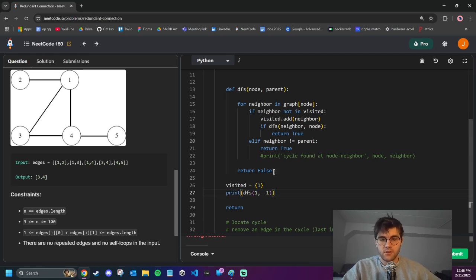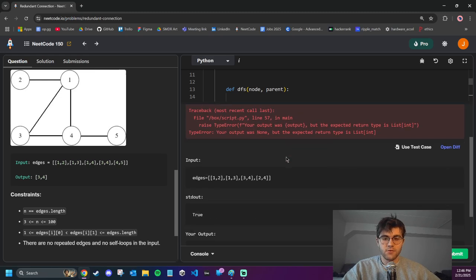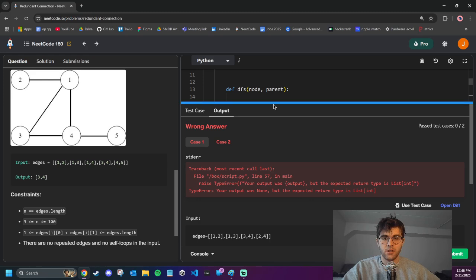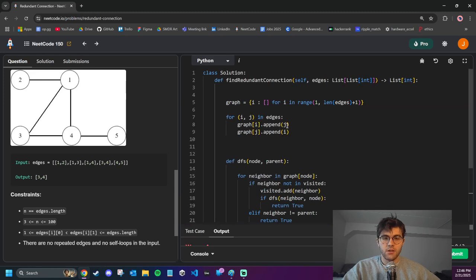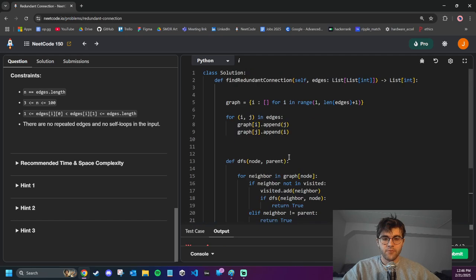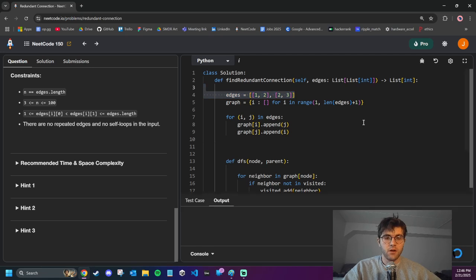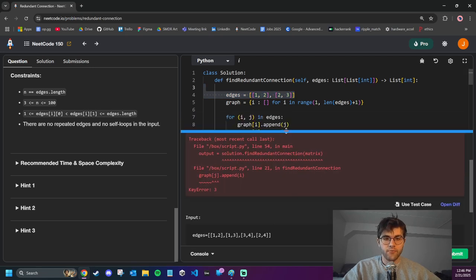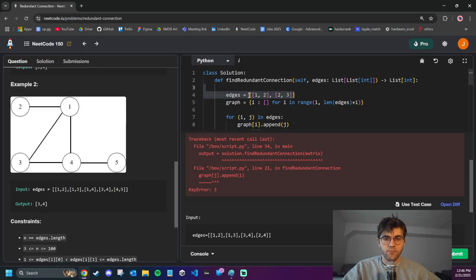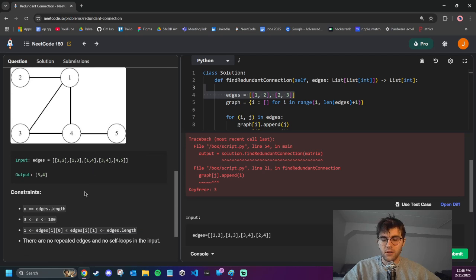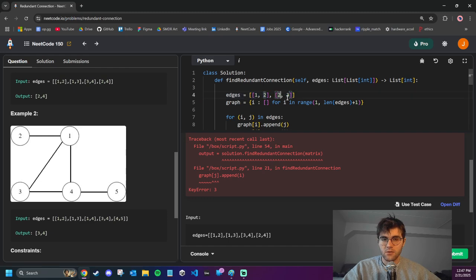So if I print DFS there, it should give me 2 trues. So true here, okay. And now let me say edges equals a list of lists. I'm just going to build a little test case here. And then if this equals 2 to 3, so there should be no cycle in this graph here. I think I made a mistake. So n is, I think with these parameters, it has to be,